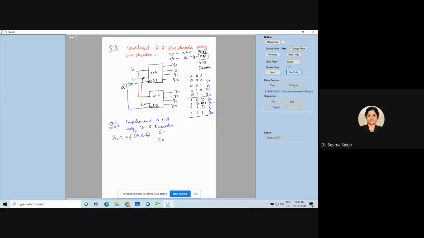Is it easy? Do it fast. I hope you remember your equations. What is the sum equation? A XOR B XOR C. I don't want XOR because I am in min-term form, so I want a sum of products only. First term I have written A bar, B bar, C. What are the other three terms?